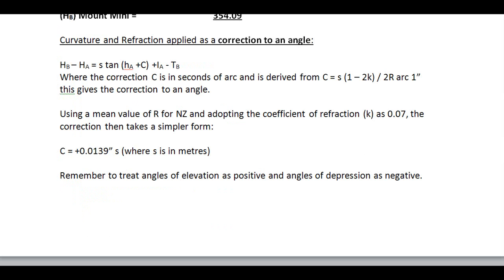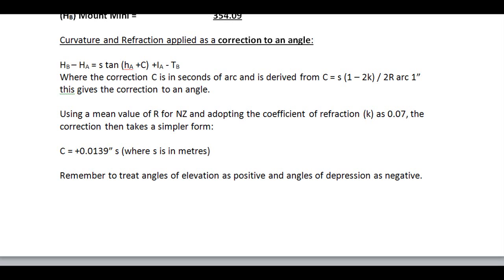Now, using the same example, we're going to calculate the difference in height by applying curvature and refraction as a correction to an angle. Previously, we applied it as a correction to a height. So in this instance, we use a different formula. So we have the height at B minus the height at A, which is the difference in height, is equal to S being the distance, tan of the angle plus C plus the instrument height at A minus the target height at B,